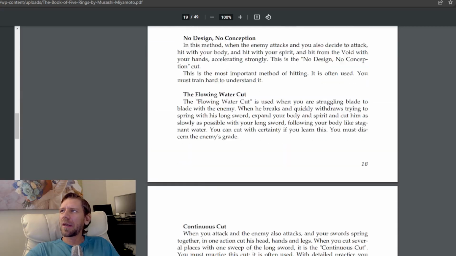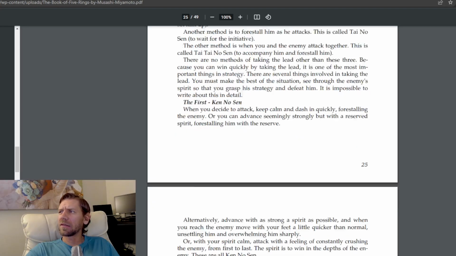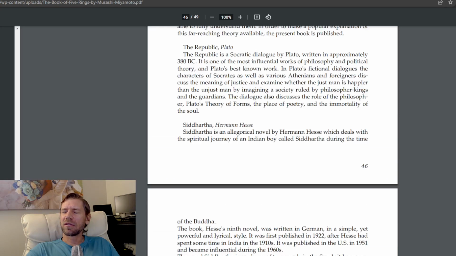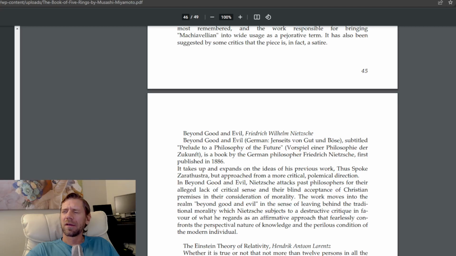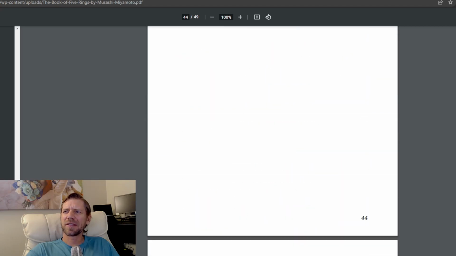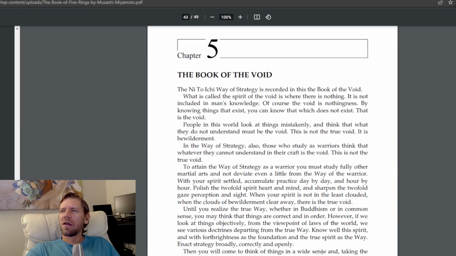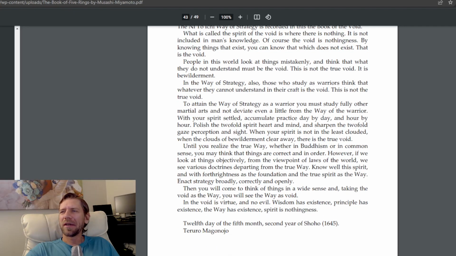So my favorite chapter is basically at the very bottom, and it's the shortest chapter. And it's called The Book of the Void. These are some quotes by some philosophers. I don't know why they put them in there. Try to find it. There you go. The Book of the Void. So you can probably even fit it here in this video, and you can read through it by pausing the video. But my point here, the quote that I want to talk about is not in this chapter,